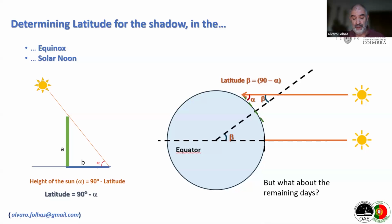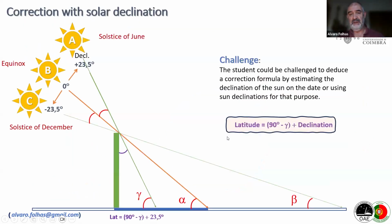If we were at the equinox, it would be easy to find the latitude with that experiment at solar noon, because with a similitude of triangles, they reach the angle. This beta angle is the same as the latitude. But we are not in that day. We are not in the equinox, so they need to make some